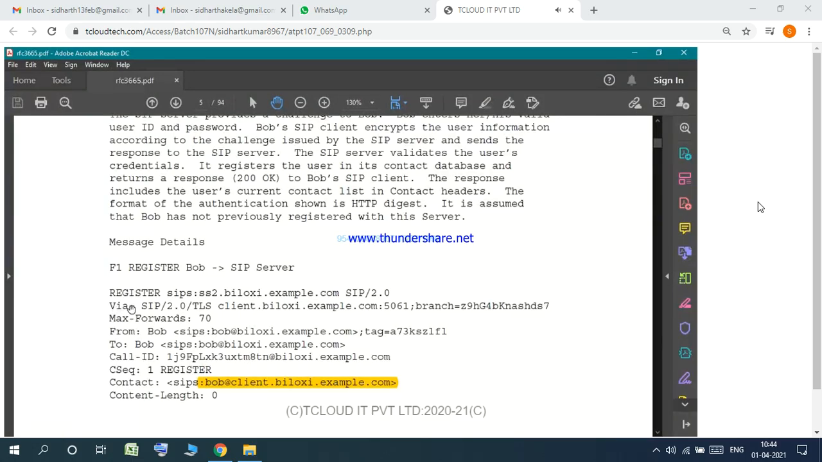First header field is Via colon. And what is Via typically? Via is normally going to represent which components the message is traveling through. So in the Via field we have SIP/2.0/TLS. SIP/2.0 is the version number. TLS is Transport Layer Security. We are using the Transport Layer Security mechanism here. And the Via field is representing client.biloxy.example.com